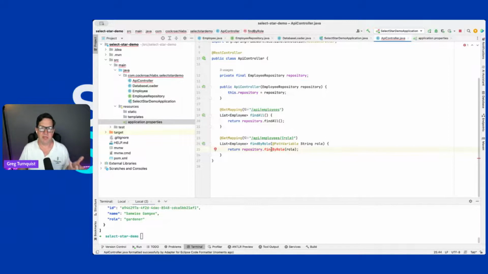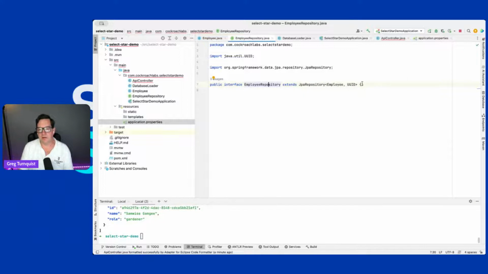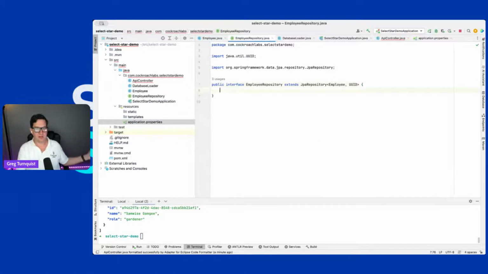And what does that mean? It means that it has not been implemented yet. That this method doesn't exist. It's not in the framework. Spring Data JPA doesn't have it, and I haven't built it either, but I can. If I go back over here to my repository that I created earlier,